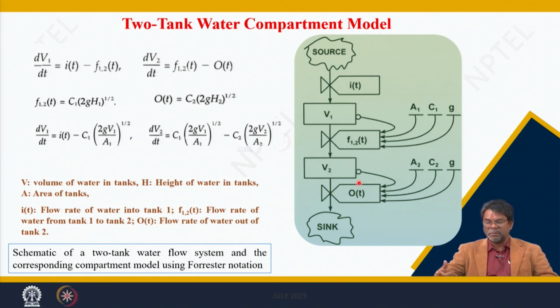We will be discussing in later classes how these symbols are also used to represent photosynthesis, as a transformation or the partitioning of photosynthesis in different plant parts, how photosynthesis accumulation and partitioning work. We will discuss that while doing the flow charts in the coming lectures. This is how we represent the water tank example, the flow of water from tank 1 to tank 2, and how the compartment model symbols can be used to represent this process.